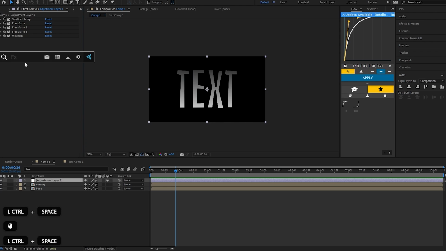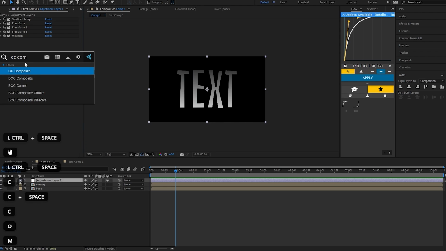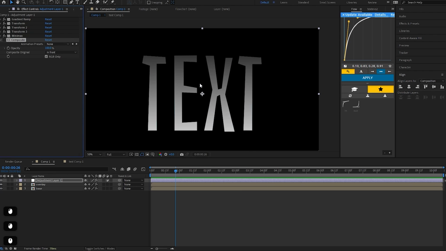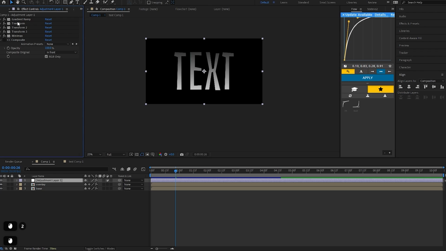And lastly, we're gonna add CC composite. CC composite, and here we are. Okay, for now I'm gonna disable the CC composite, but this is what we have right now. Alright, after adding effects, just take this Minimax and put it below our first transform layer, and then